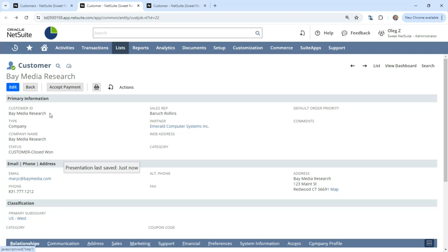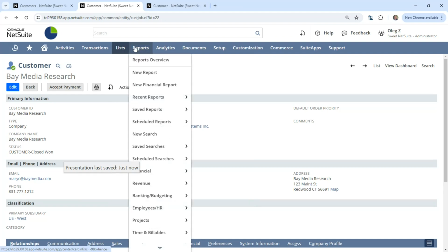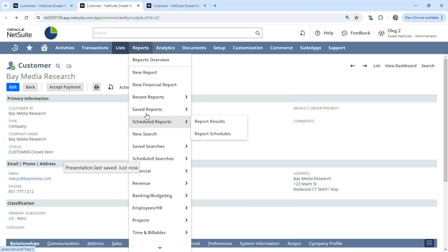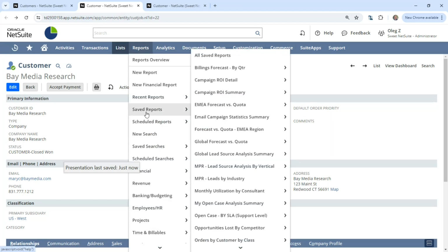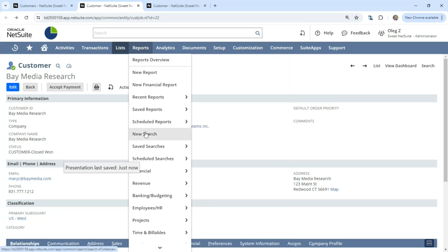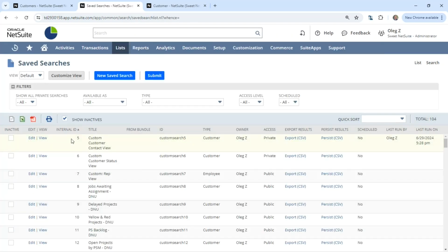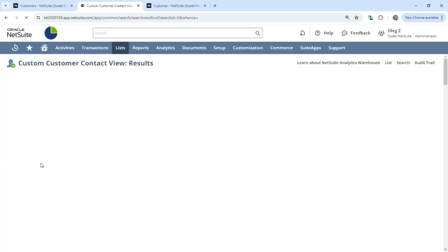So when do you use one over the other? When you go into NetSuite and you go anywhere you want, let's say even searches, right? When you go to reports and save reports or saved searches, for instance, everything will have its own ID. So if I go to saved searches over here, it will give me the list of them, and even they have their internal IDs and regular IDs. And so these are provided. So if I click on view on any of the searches,